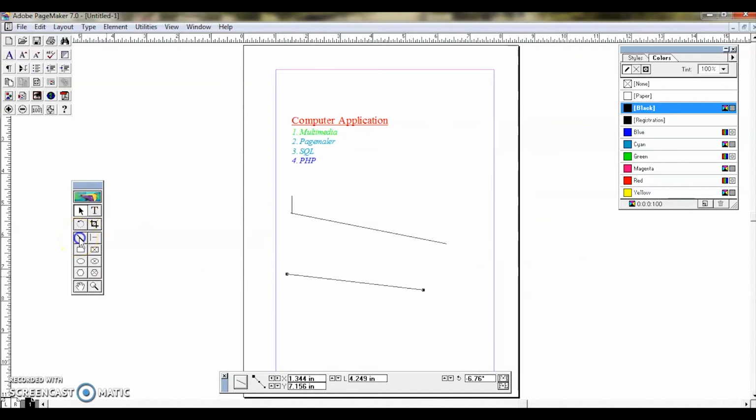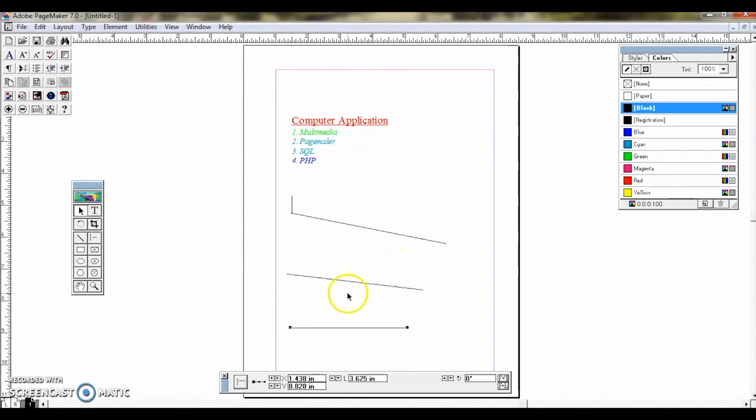First I am clicking the line tool and then I am drawing a line. Now I have got the sizing handles at both the ends. After that I have to click the pointer tool, then I have to click the line, and only then can I change the size of the line. I cannot change the size of the line using the line tool itself. So now I have got a straight line.